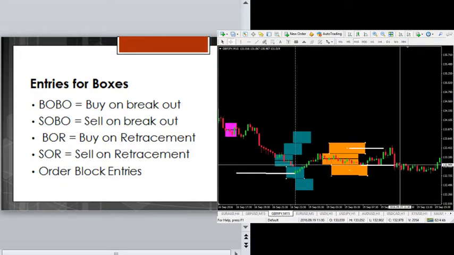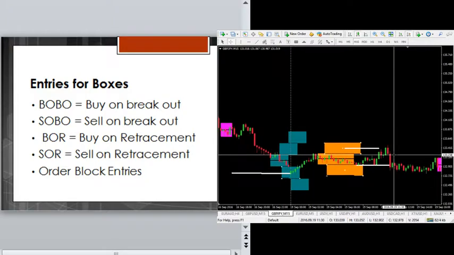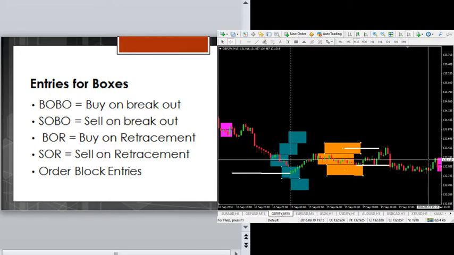Now it has returned one box up, so the price breaks one box up. So you would consider a buy and breakout again up to this level because of this order block. And then it went down. Now forming your